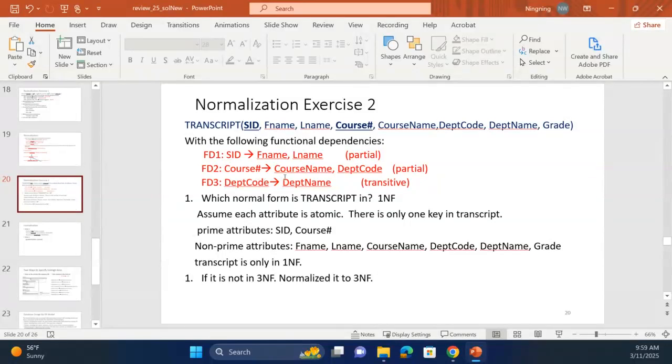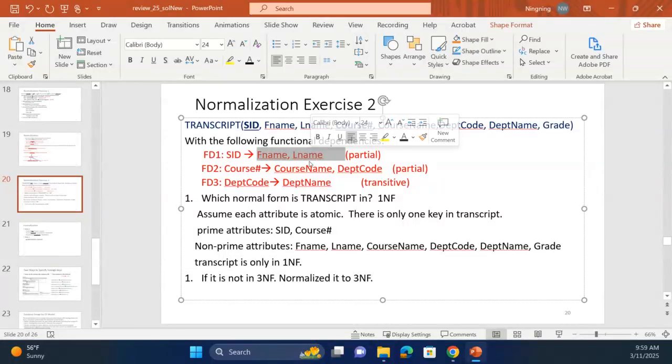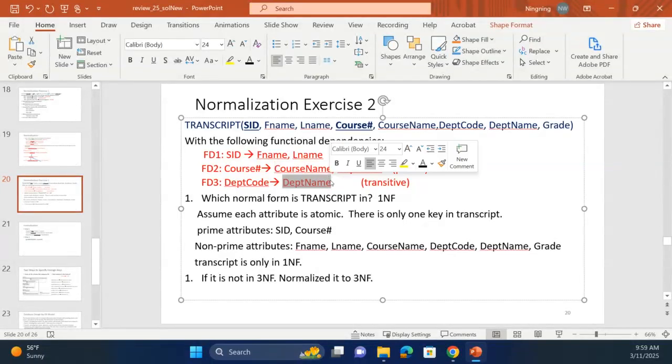So we have 3. Then we basically cross out those either partial or transitive functional dependency, the dependents, because those dependents basically mean that they are not dependent on the whole key. Okay, so